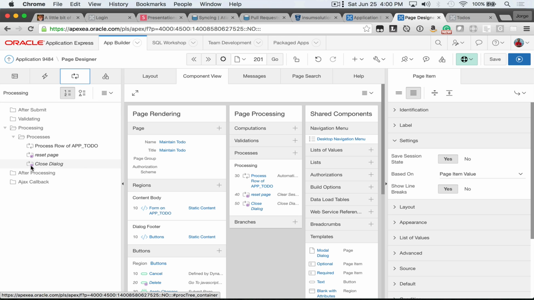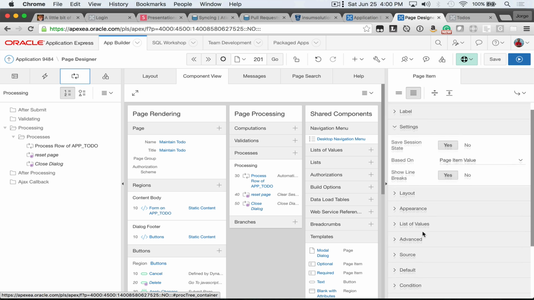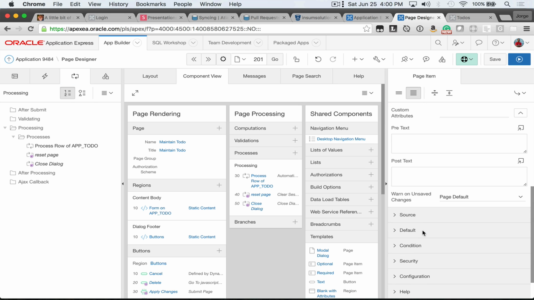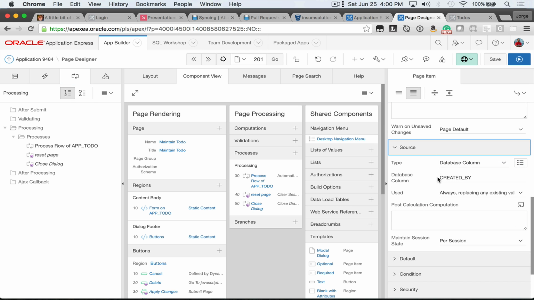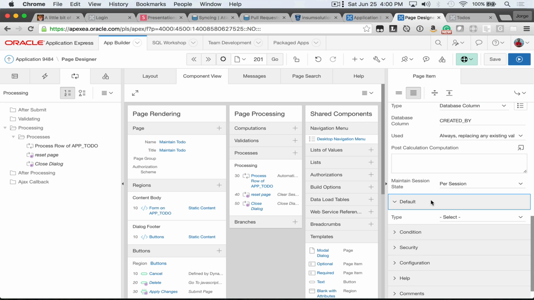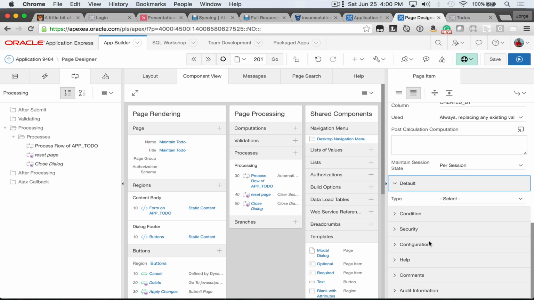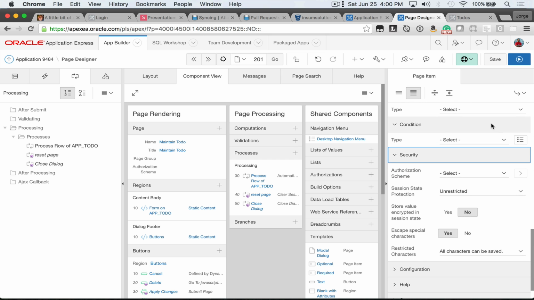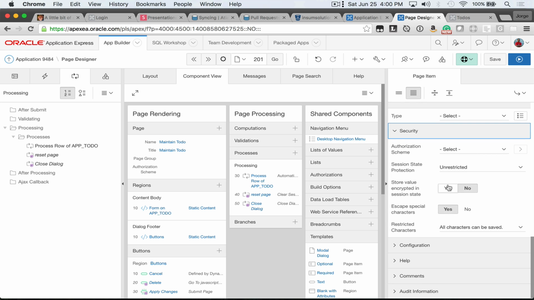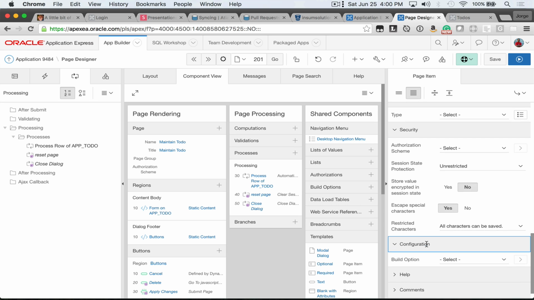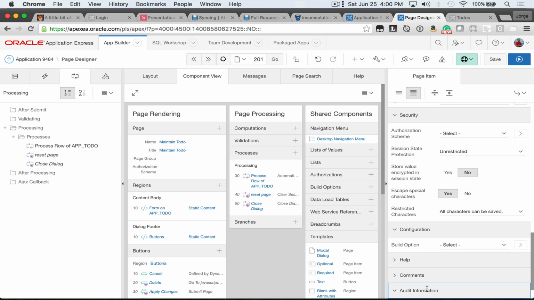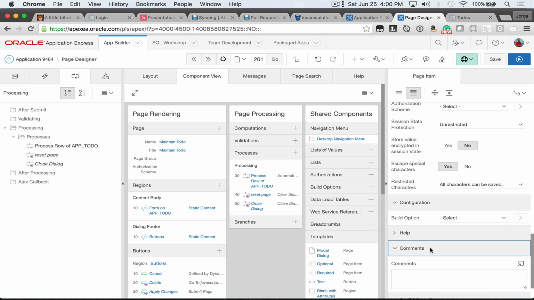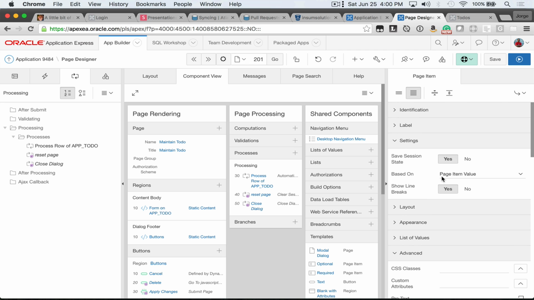I kind of like those new little blue icons there. Appearance, is it advanced? No. Is it part of the source? Default, conditions, security? No. So what's going on? Configuration, audit. No, that's who did it. Well,